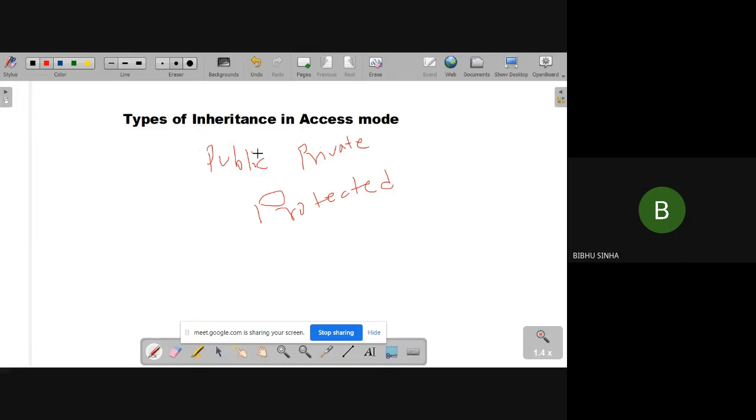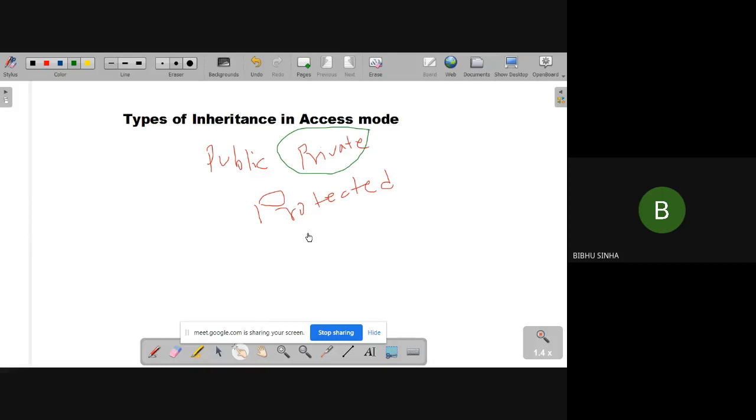Here we will talk about the public inheritance mode. That means we are going to inherit the data publicly, meaning anyone can access the data. That is the meaning of public, right? When we talk about private, that means private data. Apart from me, nobody can access the data; that data will be accessed from my side, not from the other side.